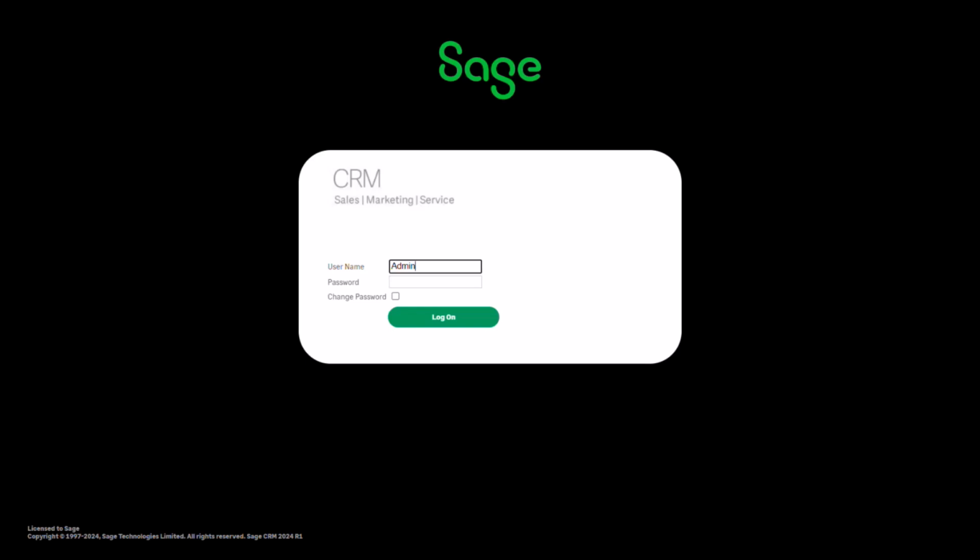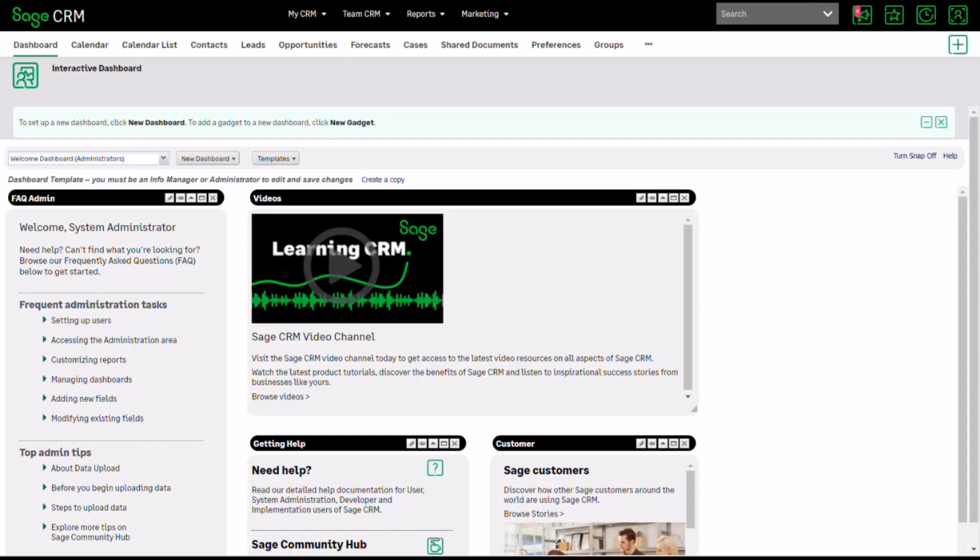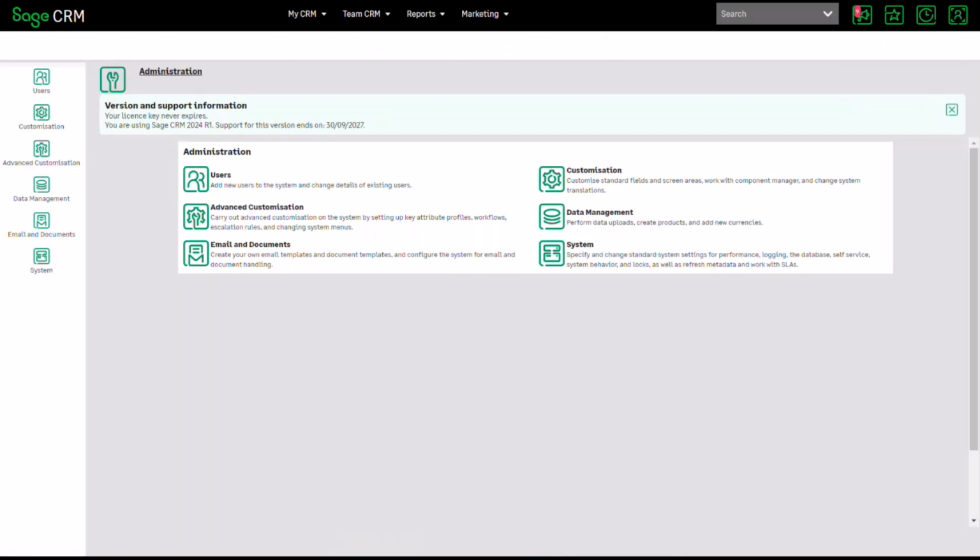So you have to have view, insert, and update rights on the lead entity if you're trying to upload things into the lead. Now that sort of makes sense. You can't upload records into a table that you don't have permissions to use. Here you can see I've logged on, and now I'm switching into the administration screens, and I'm going to click